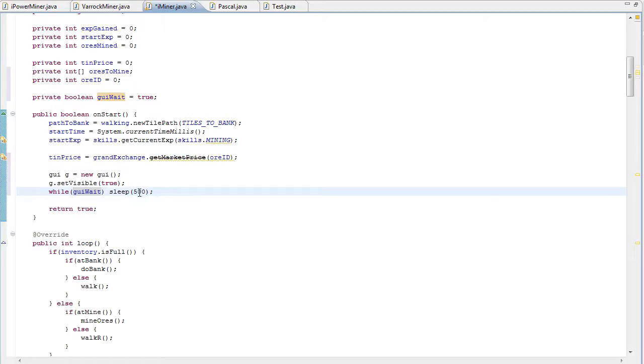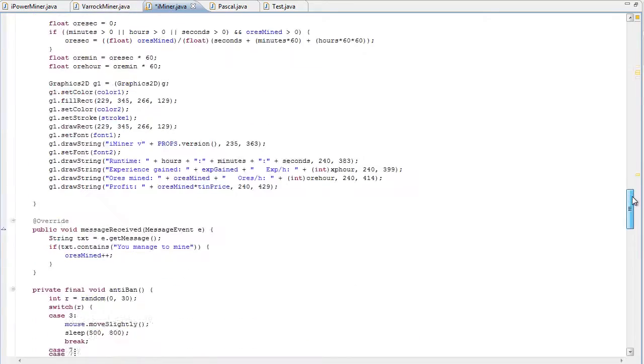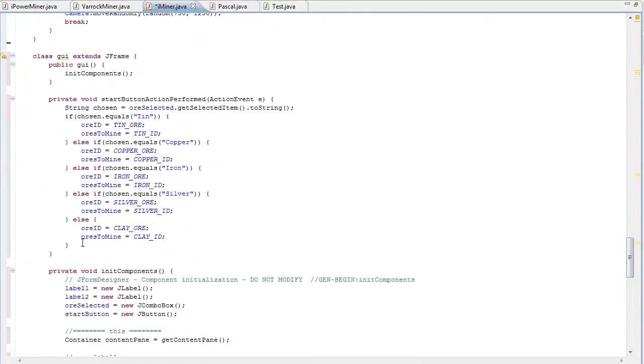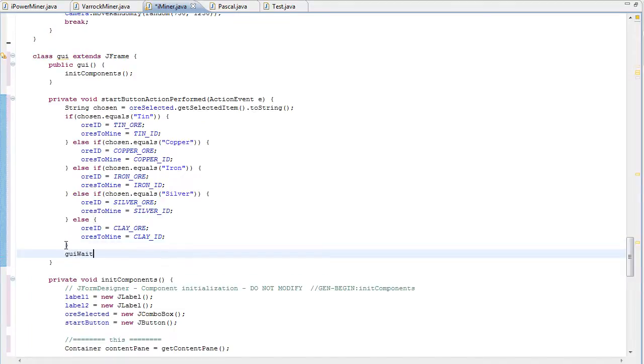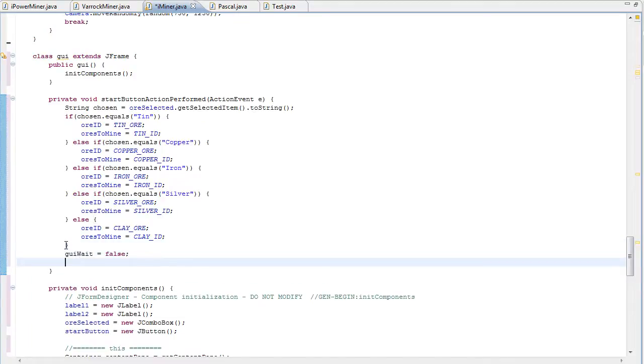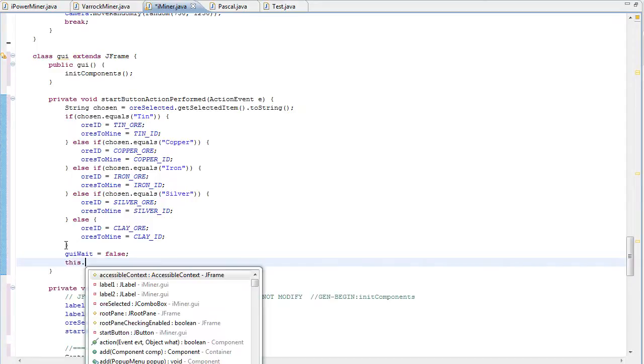We sleep for 500 milliseconds. We don't need to randomize this because this part doesn't affect in any way the RuneScape client, so we don't need to randomize this. So while GUI wait is true, we sleep for 500, and eventually GUI wait turns false, and the script will continue running. And in our start button, we actually have to say here GUI wait is false, and in this